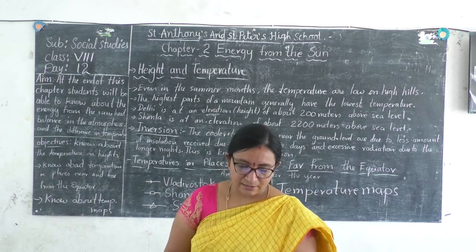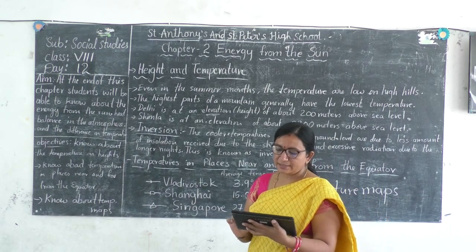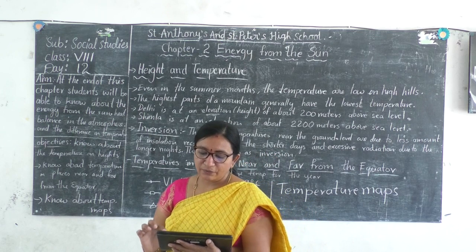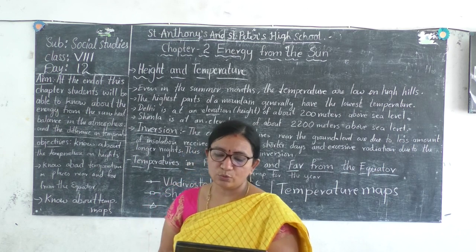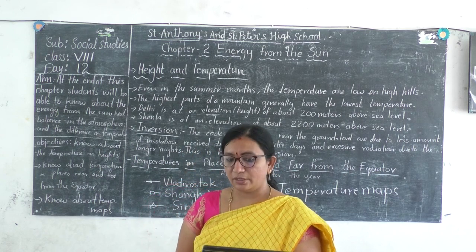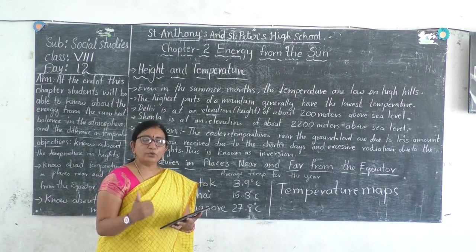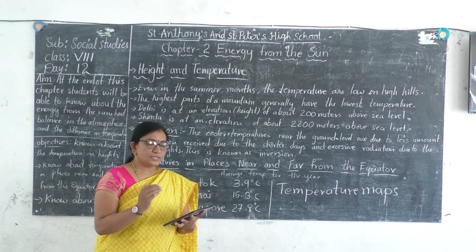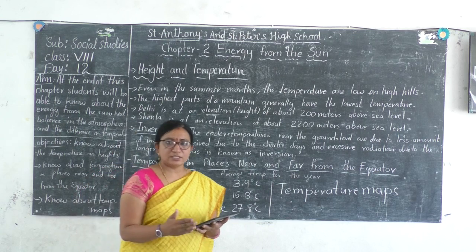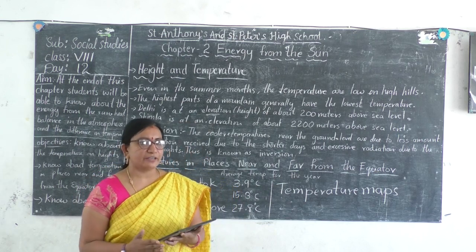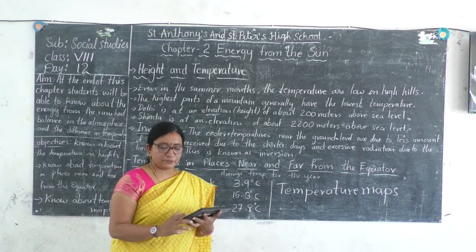India is a vast, sprawling country and the temperature varies in its different regions. If we want to find out which places are hotter and which are cooler, we can use temperature maps. Suppose we are going for a trip to a place. This temperature map helps us decide what kind of clothes we have to pack for the cold or hot places that we are going to visit. So these temperature maps are helpful in different ways.